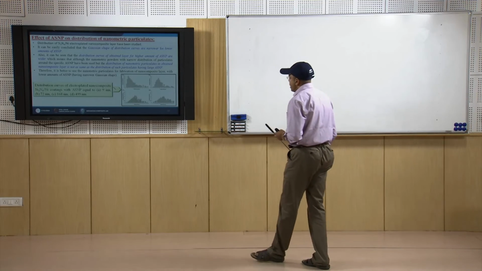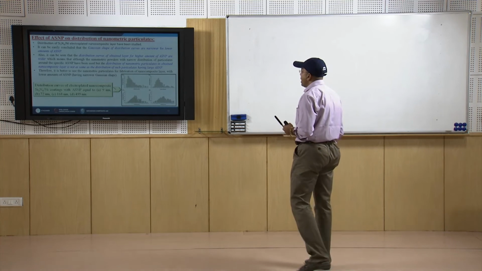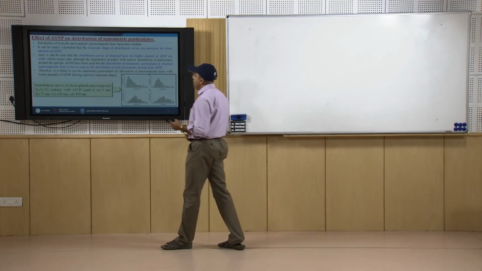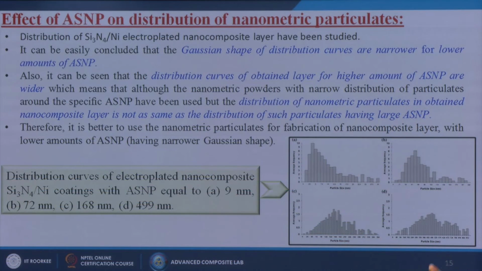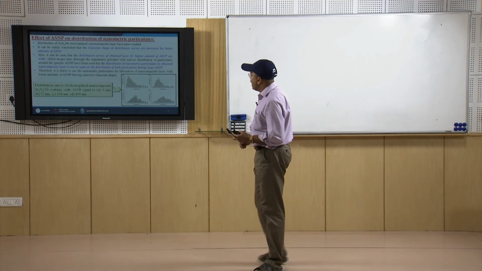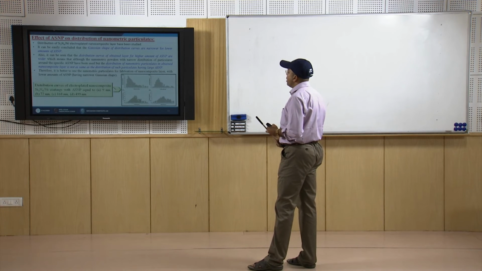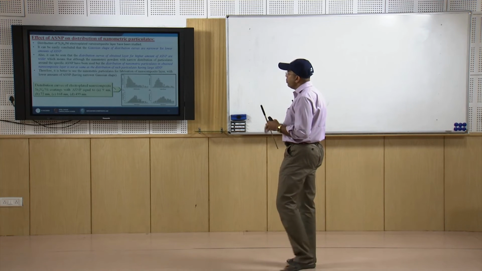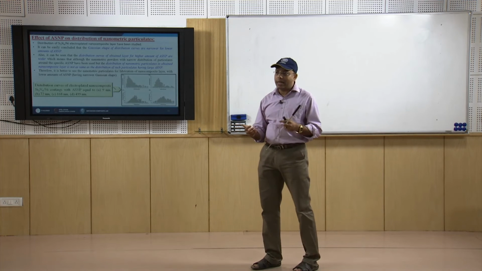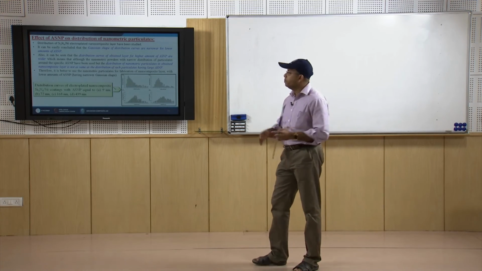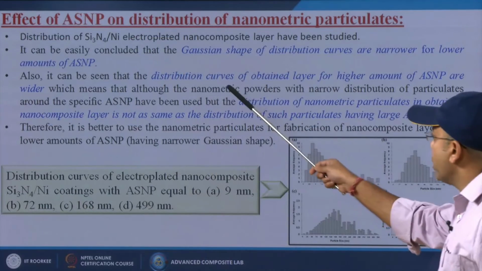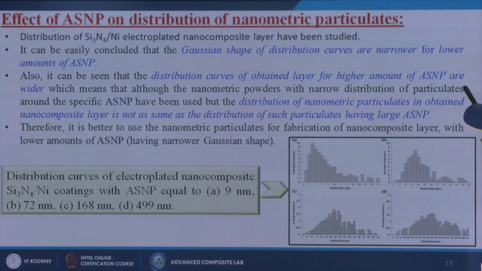Then, effect of ASNP on distribution of nanometric particulates. So, distribution of silicon nitride and nickel electroplated nanocomposite layer have been studied. We have shown so many results in our last slide also. So, it can be easily concluded that the Gaussian shape of distribution curves are narrower for lower amounts of ASNP, but if we increase the percentage of that ASNP, we can see the Gaussian curve will be broader. Also, it can be seen that the distribution curves of obtained layer for higher amounts of ASNP are wider,